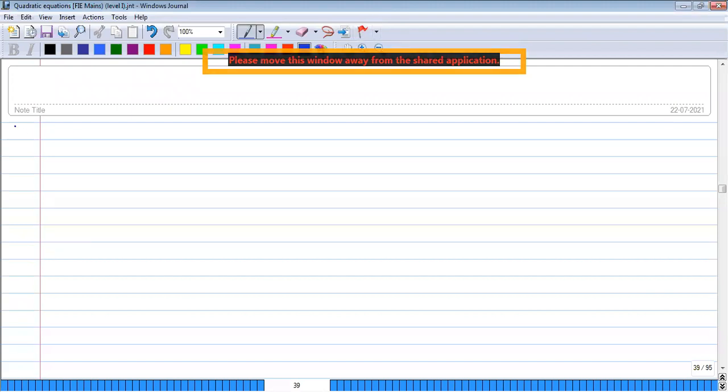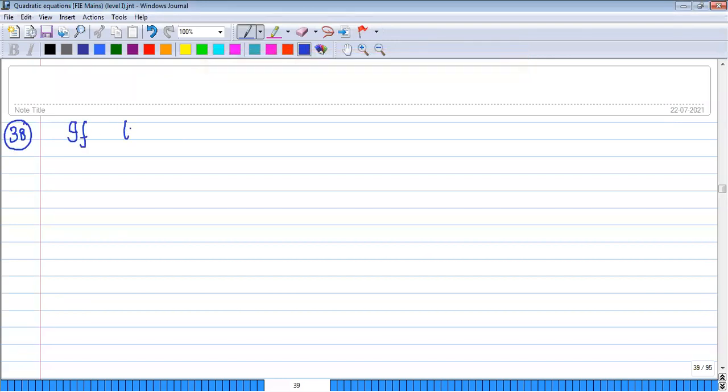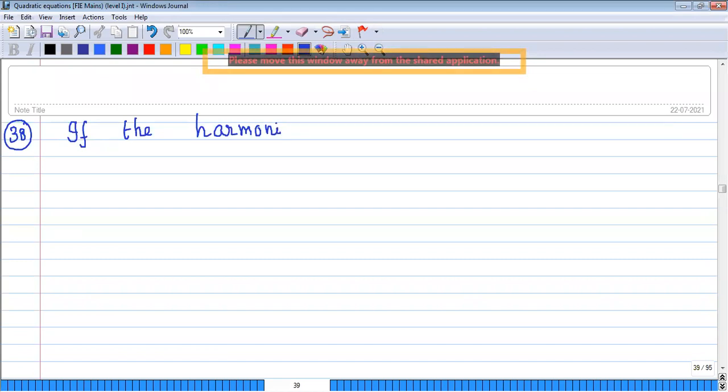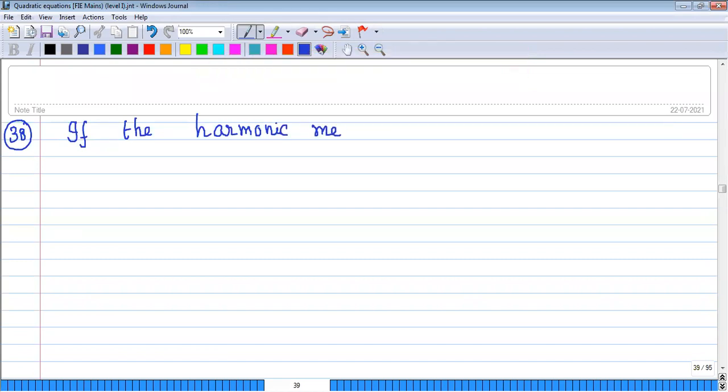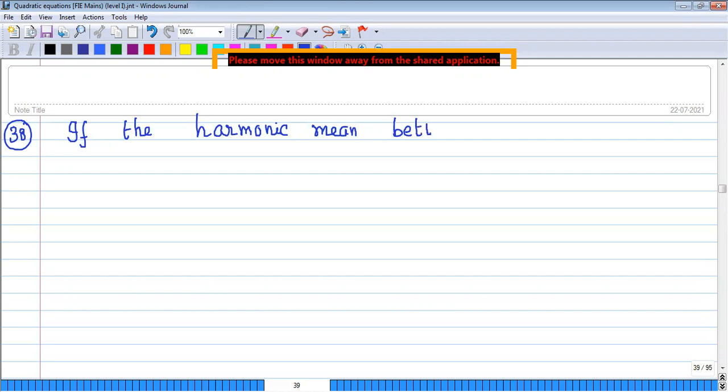Next, 38. If the harmonic mean between the roots